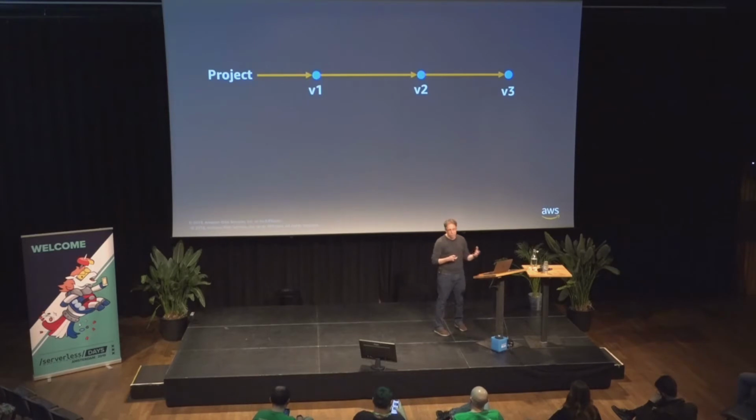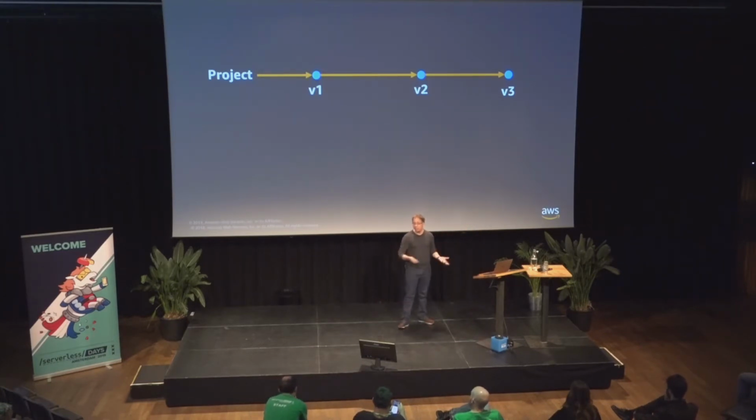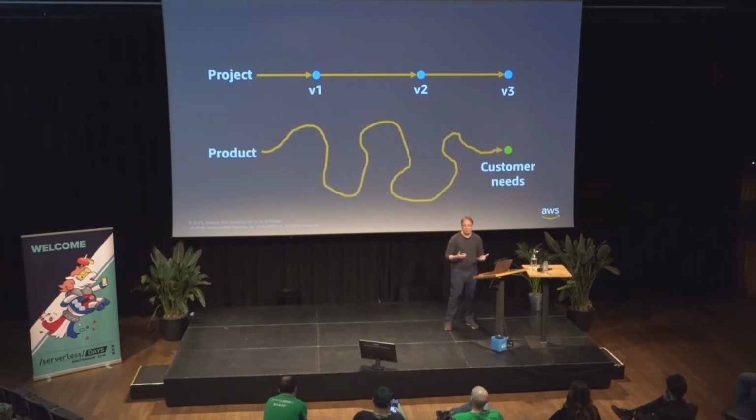And the reason is that projects bring you the idea of milestones. You are in version 1, I need to build version 2, all my focus is there, and then I have to build version 3. They bring you to think long term, even if sometimes there's lots of things changing under the hood. And product development is different. Product development is always focused to the customer of that product. You always think, how can I get better feedback? How can I get some customer delight when they use my product? And this is not anymore a straight line. It's really following a path that is changing anytime you get a feedback.